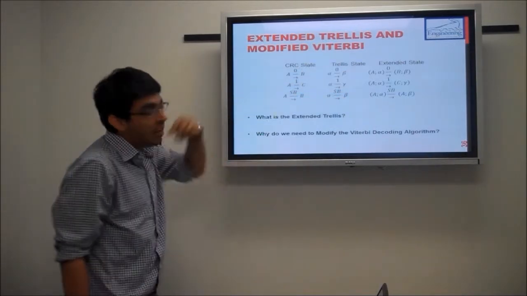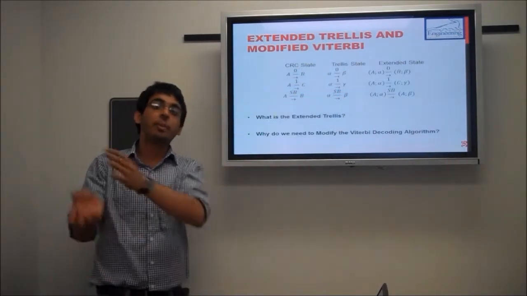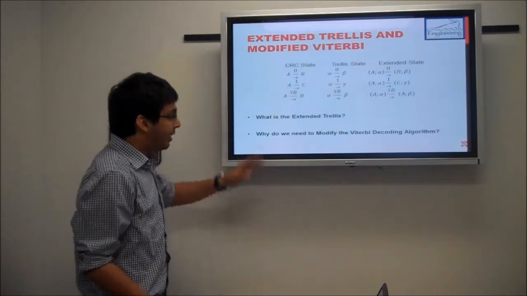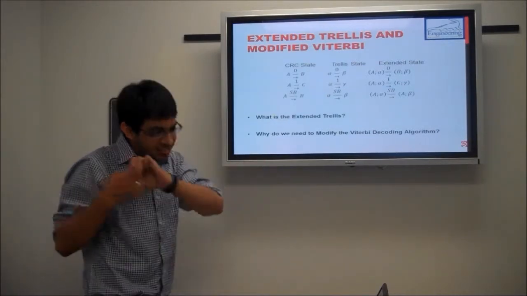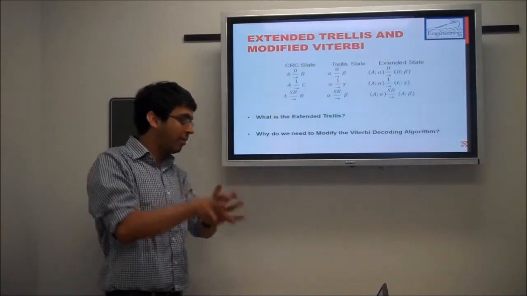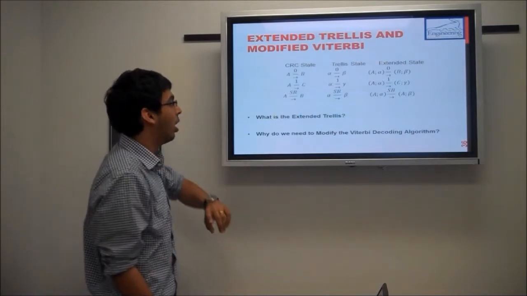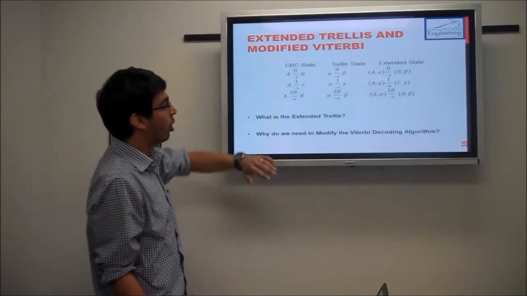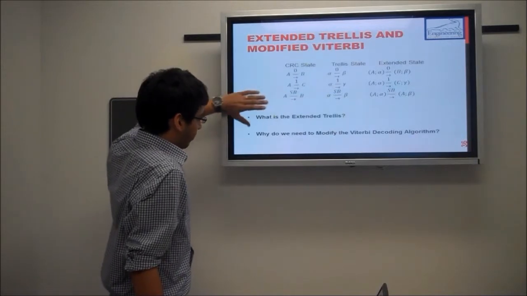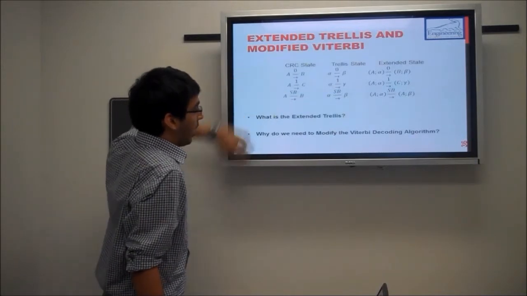So we need to modify the Viterbi algorithm to account for the bit stuffing which is going on. And since we have stuffed separate bits into the input code word, we have to modify the Viterbi algorithm in such a way